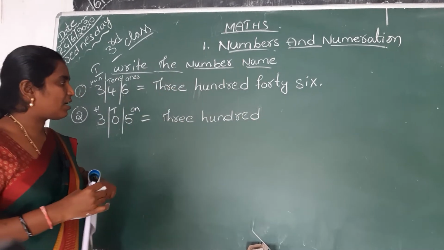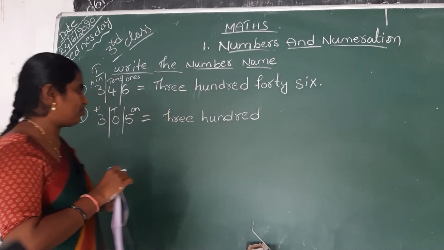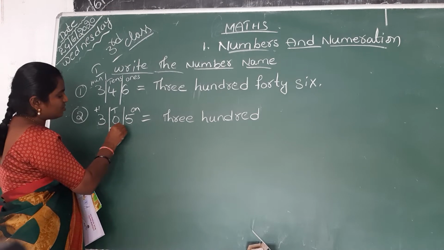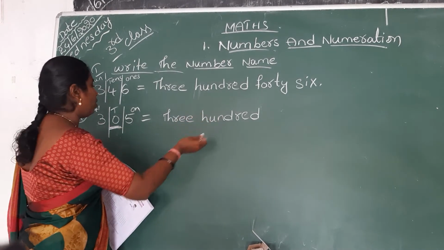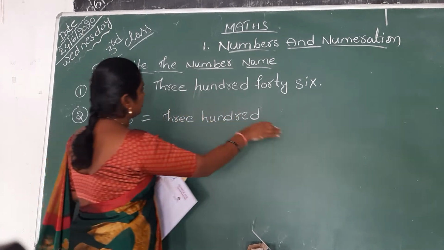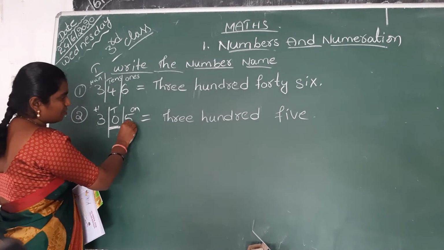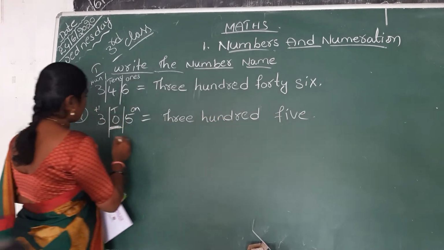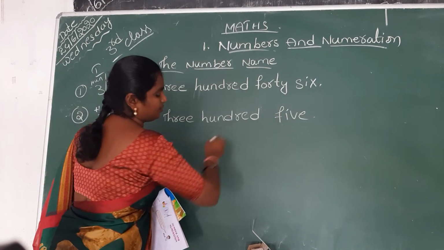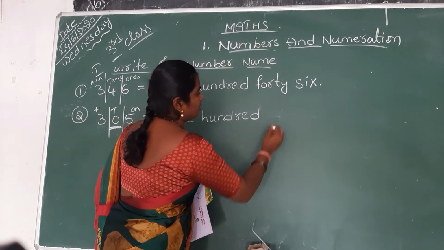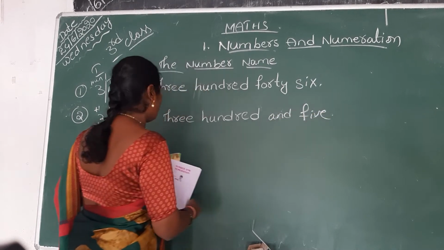Next after 100's, which place value? Before, we had to write 100 before the 10's place value. But here in the 10's place value nothing is there, 0 is there. So we should not write 0. So 300 and you have to leave the 10's place. In 1's place which number is there? 5, no? So 5. So how do we read the number? 305. Like this also you may write.